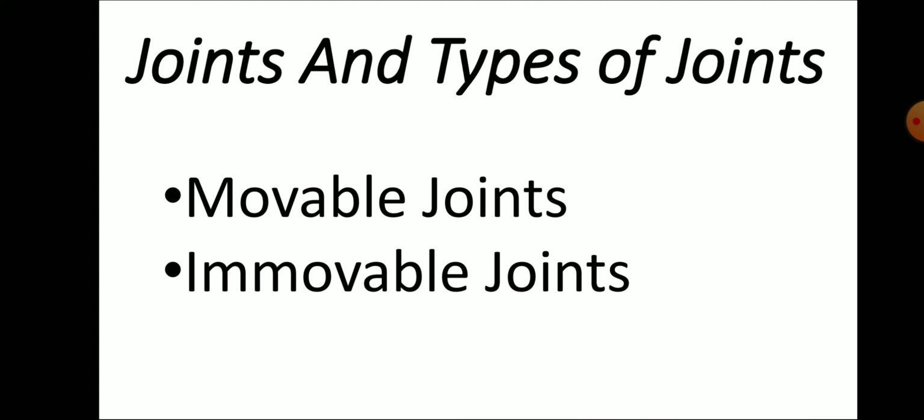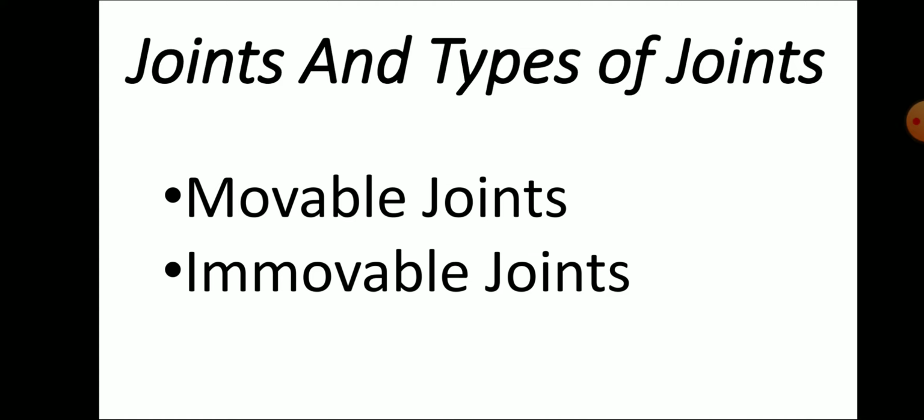The joints in our body are of two types: movable joints and immovable joints. Movable means what? Which moves. And immovable means what? Which do not move. Movement is not possible in this type of joint. Here we have immovable joints in the skull. You know, children, in the last class we came across the skull, which is nothing but the bony part of the head. So the joints in our body are of two types: immovable and movable joints.